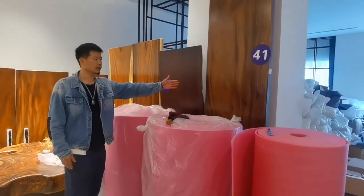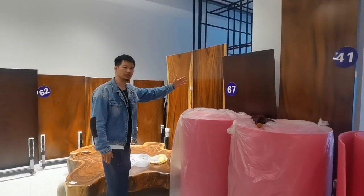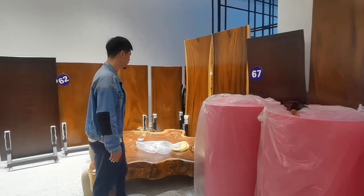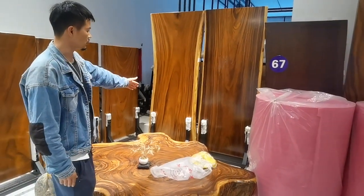One is Sua wood slab table. Sua wood. This one is a little walnut stand. Sua wood is also called monkey pod wood slab. Take a look. This is natural edge Sua wood, about